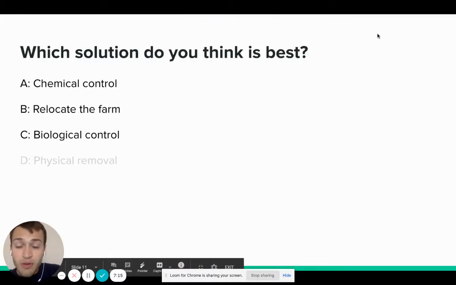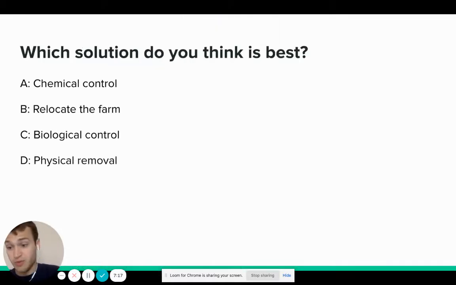So secretly, all 4 of these solutions are viable solutions. Actually, that's not even a secret. These are all valid solutions. These are all solutions that we could do. But people have different answers based on how they consider different factors. For example, if we're considering human health, then we wouldn't want to do chemical control because pesticides could be bad for human health. So we might choose one of these other options.